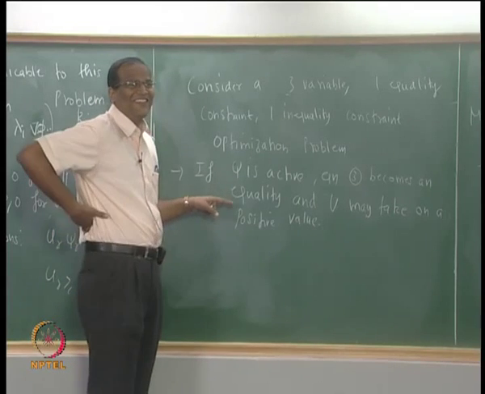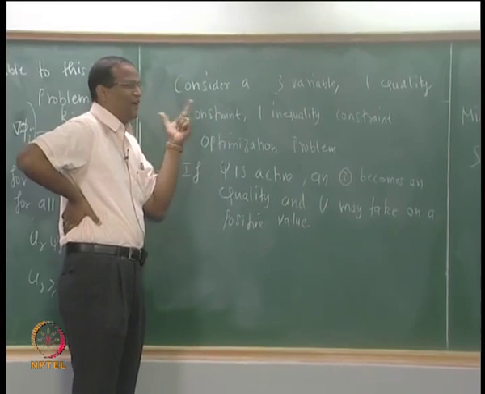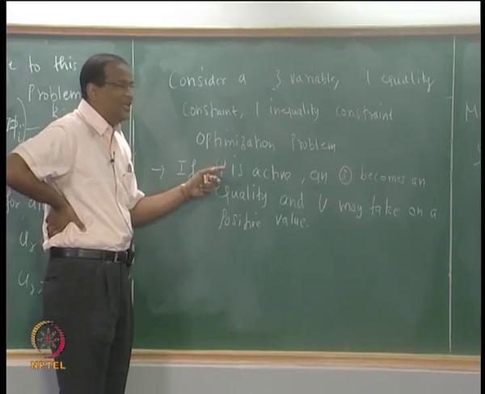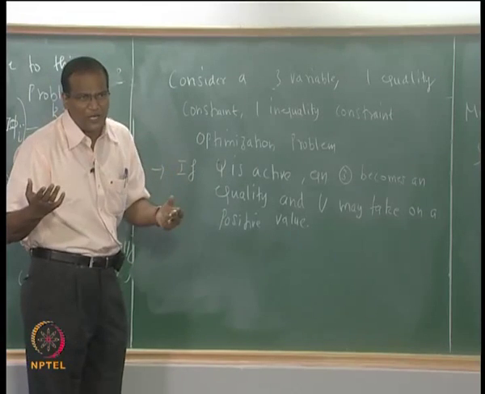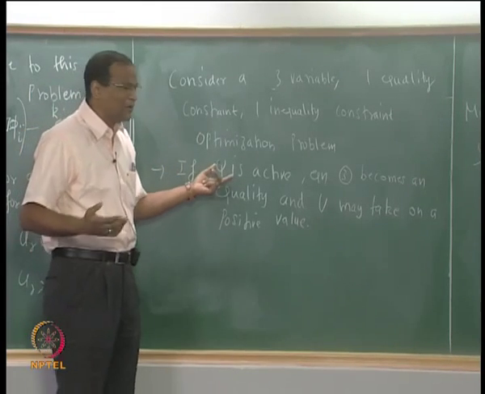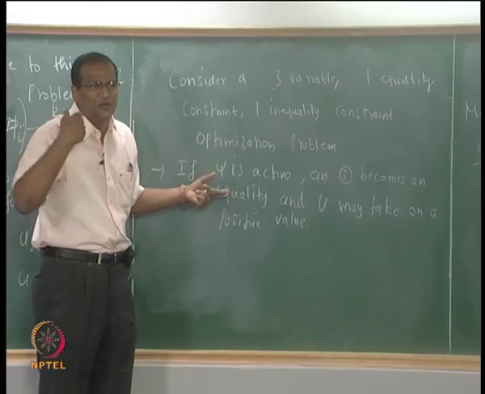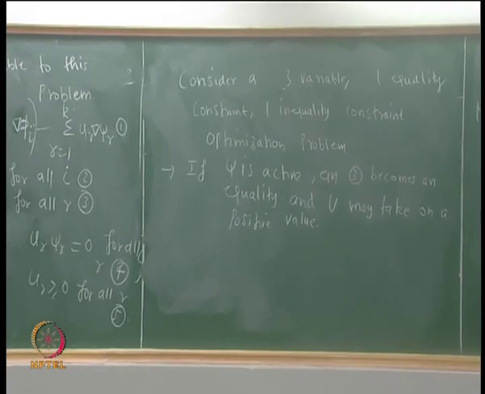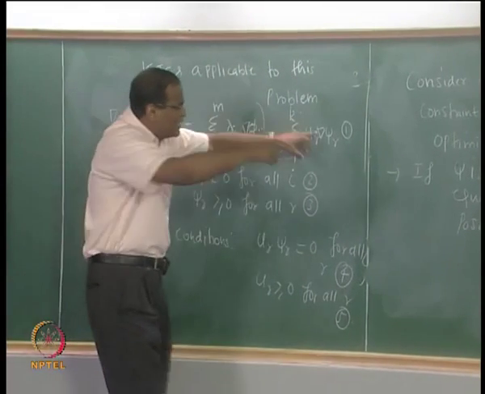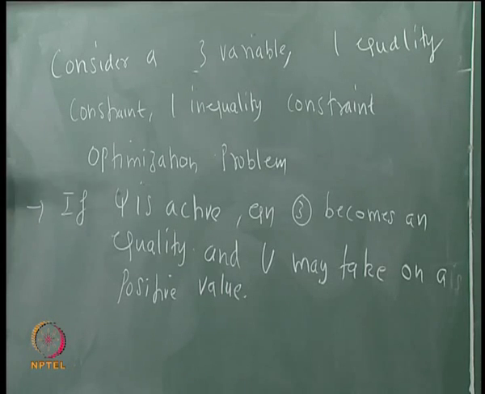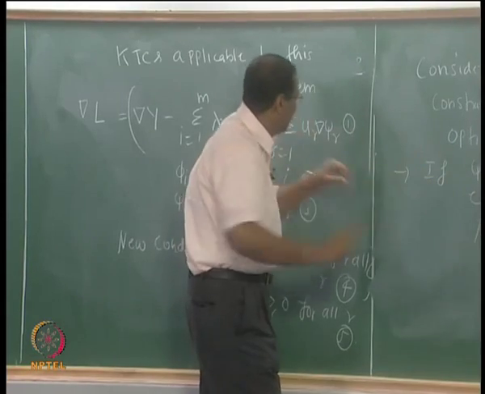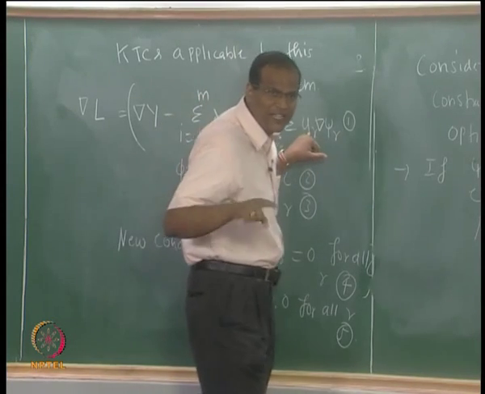Okay. The funda behind the KTC is like this. When you start with the solution, if you want to assume that a particular psi is active, you just go ahead and assume that and treat it as active. If it's active, it means you treat the inequality as an equality. Then come out with the complete solution. There may be other equality constraints in the problem, but this inequality is also treated as an equality. So for this psi, you have an appropriate u, which will be u1, u2, u3, whatever. If it is only one psi, you get a value of u at the end of the solution.